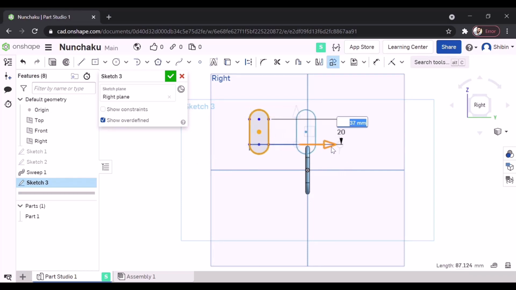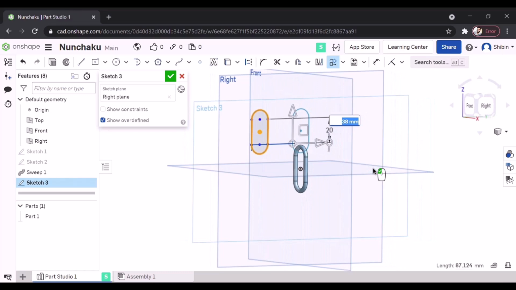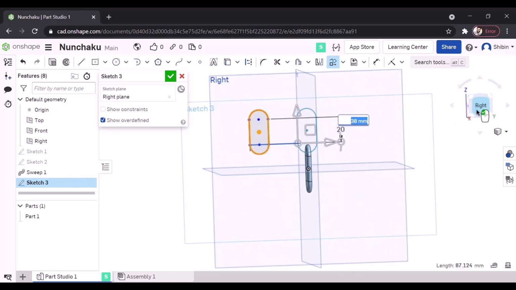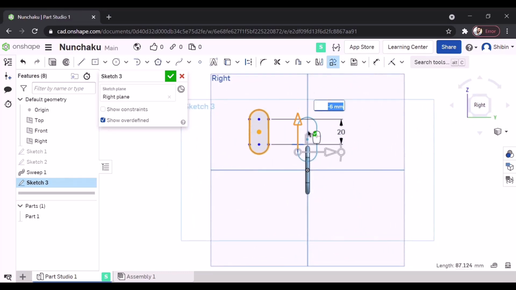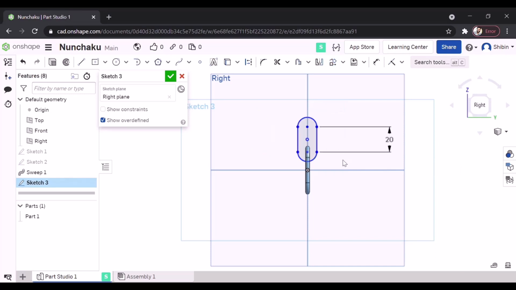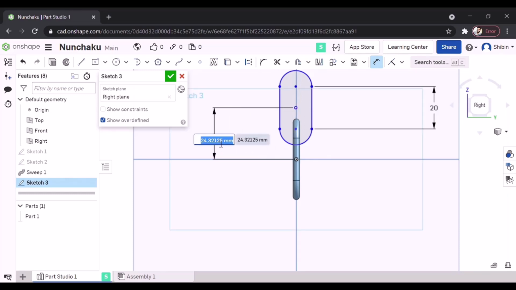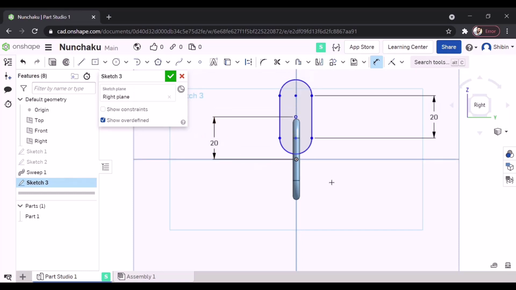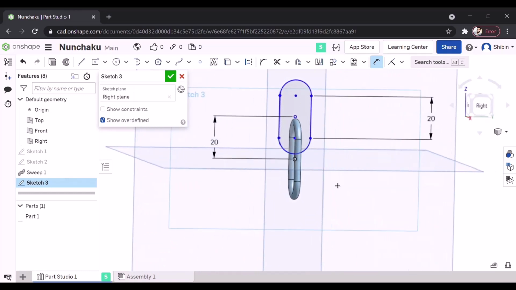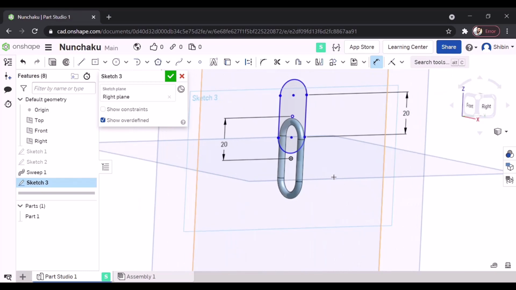Now if you want to move it, you can use these arrows. You can use for up and down motion right here. Or simply just select the dimension tool and select these points and give it a dimension like this. So now it's set. Okay, this is exactly what I wanted.